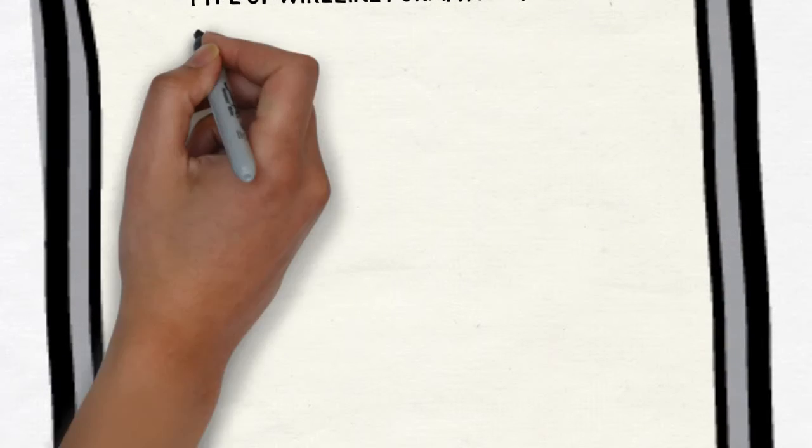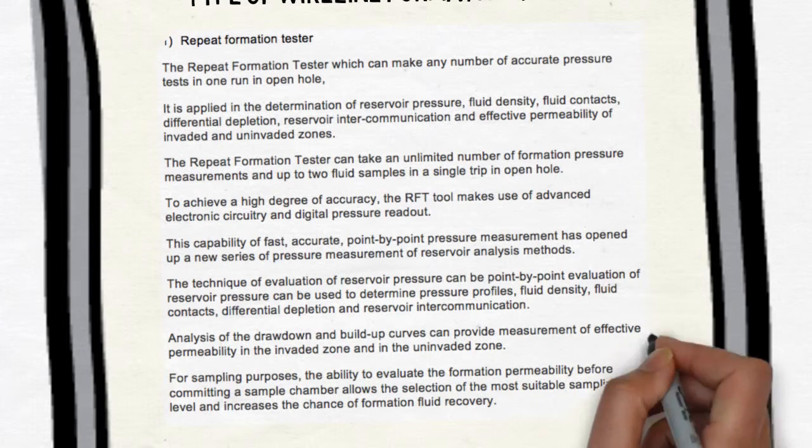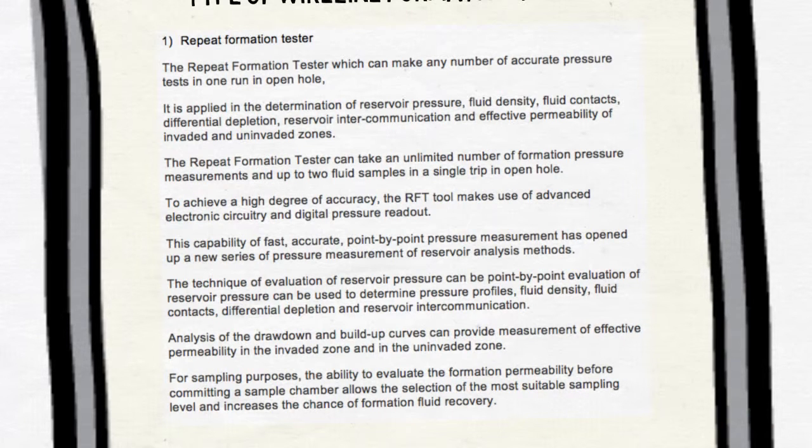Okay, the first one will be the repeat formation tester. The repeat formation tester can make any number of accurate pressure tests in one run in an open hole. It applies in the determination of reservoir pressure, fluid density, fluid contacts, differential depletions, reservoir intercommunication, and effective permeability of